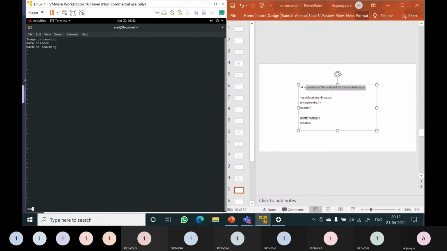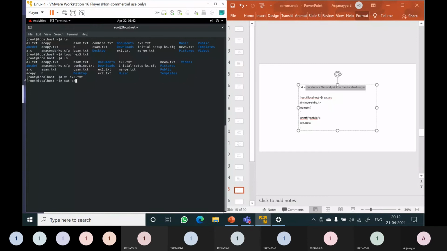Escape, colon wq, write and quit. Now cat ex3.txt. So these are the contents of this file. If I give only one file, cat will display that content. If I give two files, it will display two file contents. If you give three files, it will display three file contents.